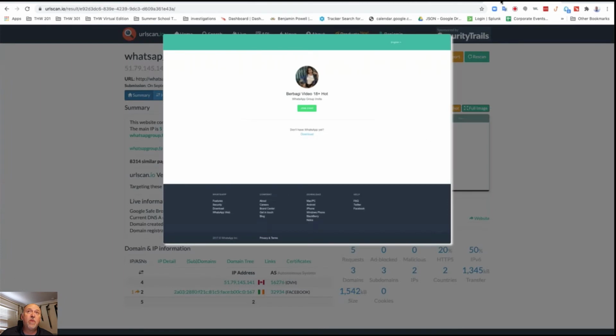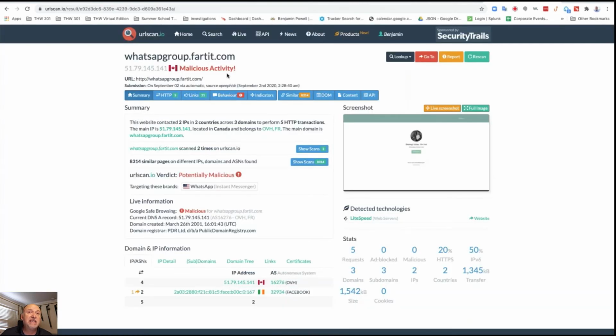But this is a way with open source tools that I can say, how was that screenshot at the time to say that this was malicious, and see what it looked like. So I can do that with URLScan.io. They have a free version to be able to do that. But we have this data in the back end, and that's part of our enterprise piece, is that when we're monitoring your website, we're finding these for you all the time, doing the takedown and blocking it and protecting your